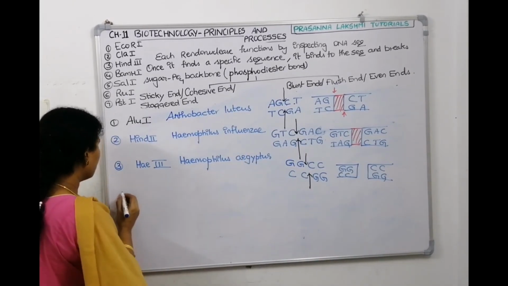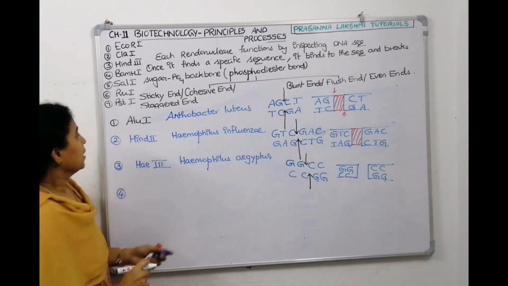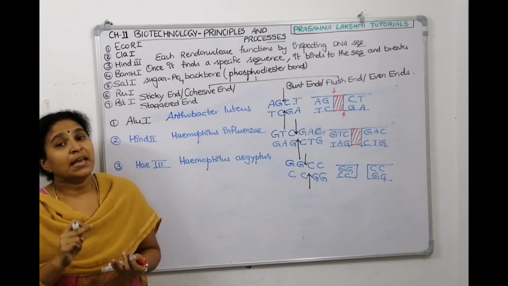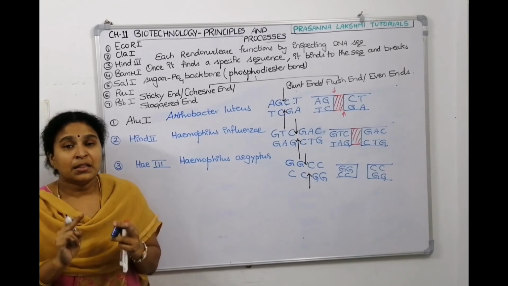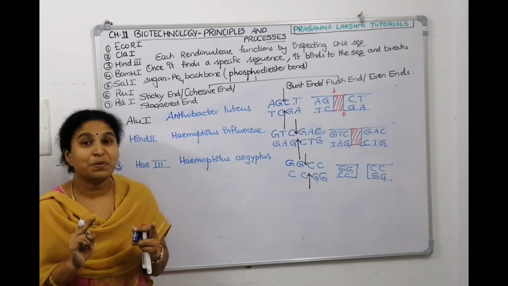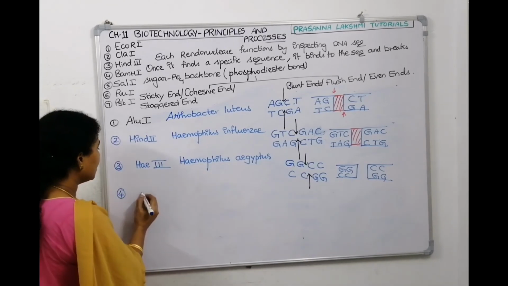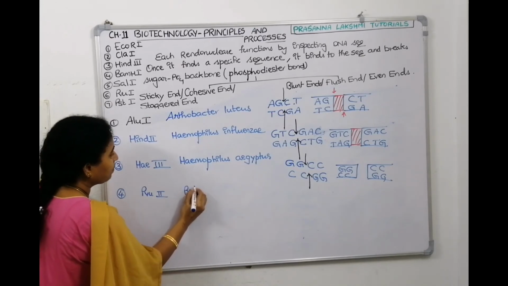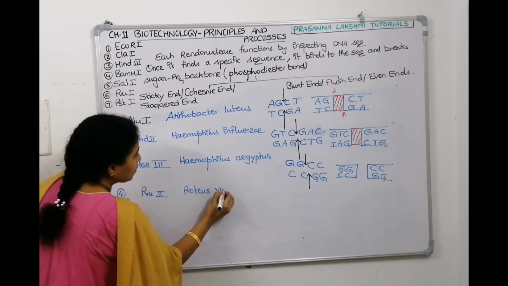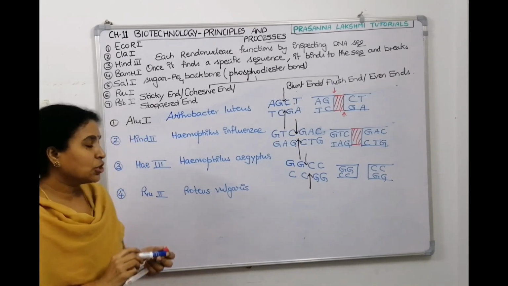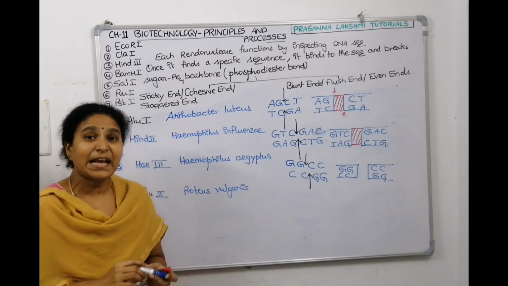One more example we will do and we can end the class. So, AluI, blunt end enzyme. HindII, blunt end enzyme. HaeIII, blunt end enzyme. The last blunt end enzyme which is there in pBR vector is PvuII. What is it? It is PvuII from Proteus vulgaris. Its recognition sequence is CAG,